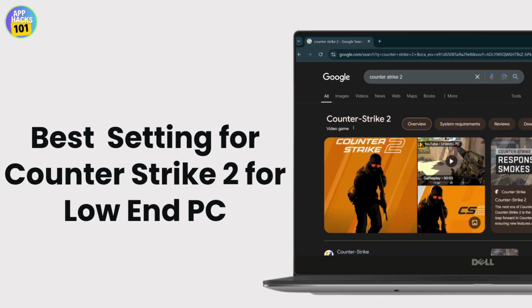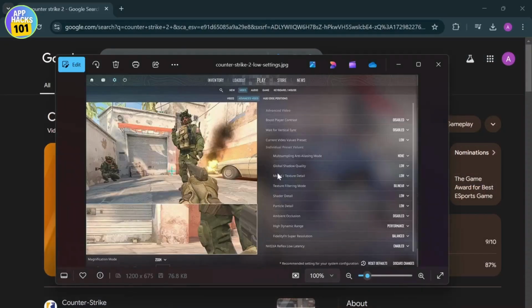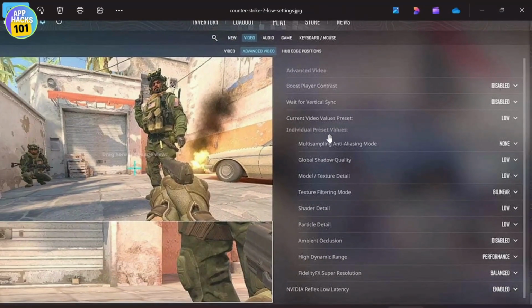In today's video, I've brought you the best settings for your Counter-Strike 2 if you have a low-end PC. So without any further ado, let's just jump right into it. Let me just zoom in on this, and as you can see right here, these are the best settings for